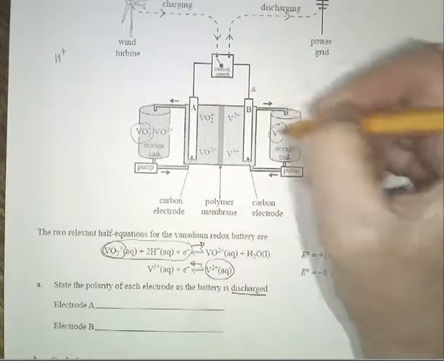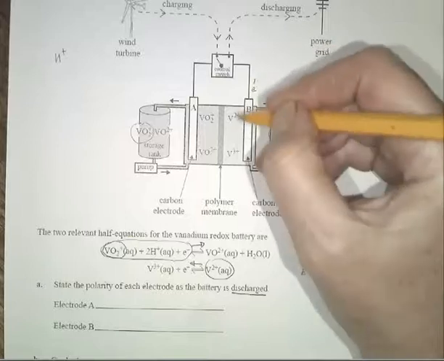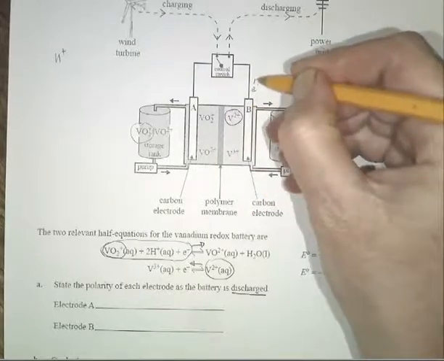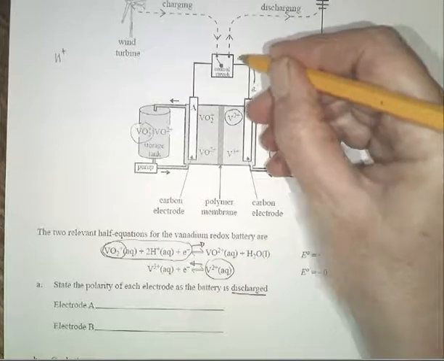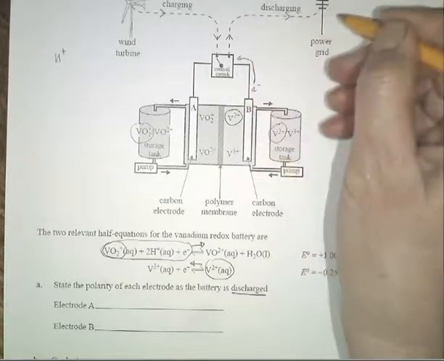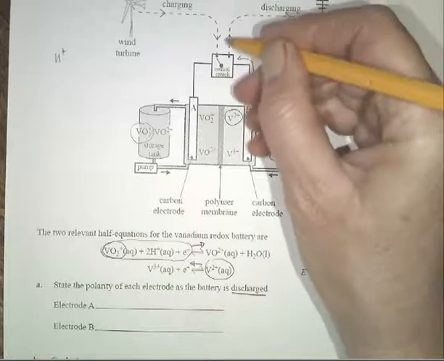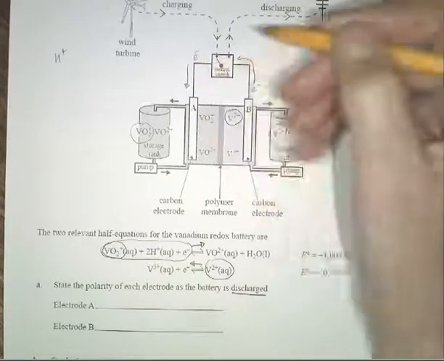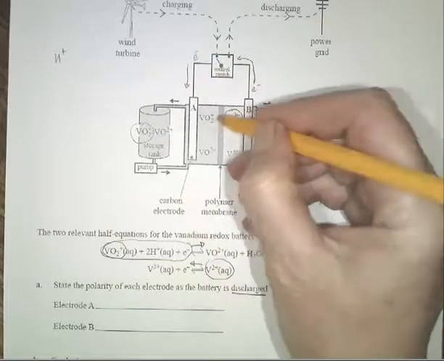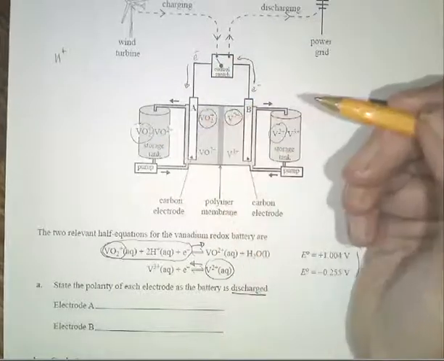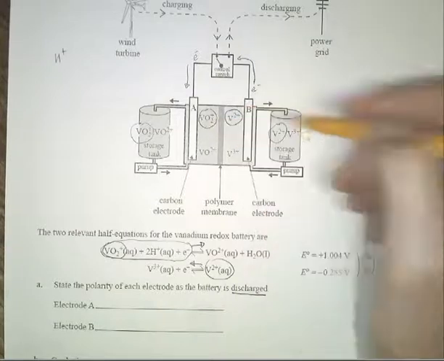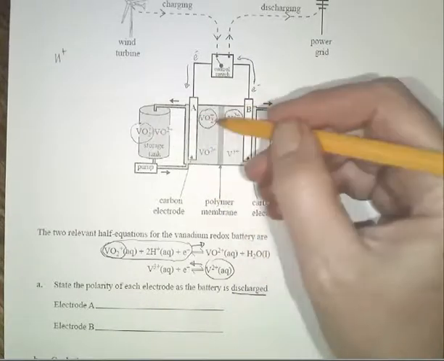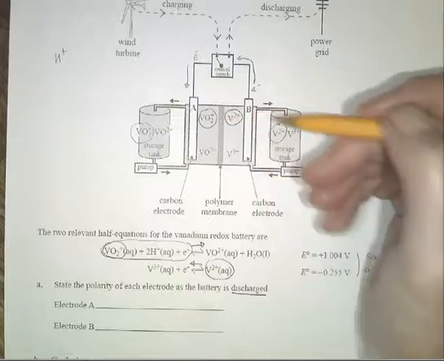So the electrons are being lost from here, going around, going up to power your whatever, coming back and going over to here, and this is receiving them. So we're going from here to here. This is a storage tank to keep adding this chemical and adding this chemical. Okay, so